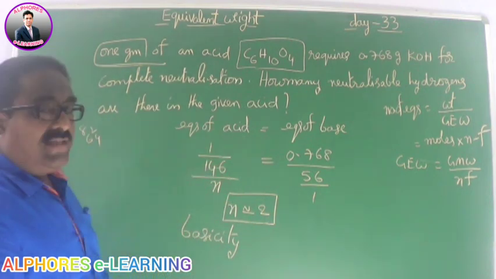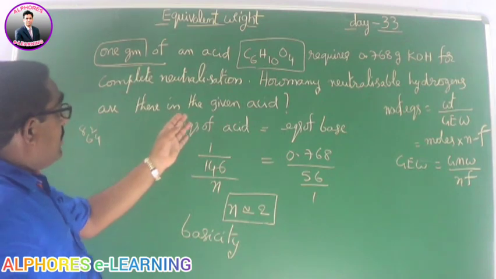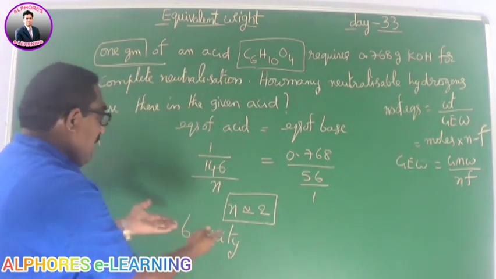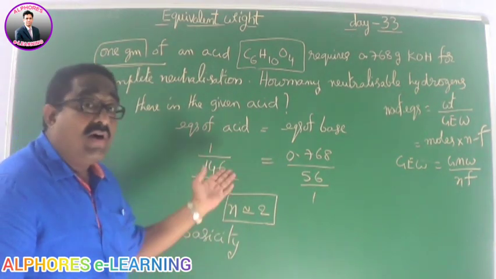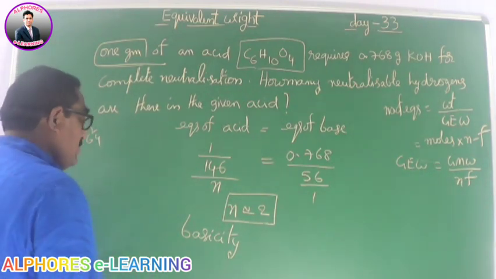It is also called the basicity of the given acid. So the given acid is a dibasic acid. Instead of asking like this, you can ask the question like this: what is the basicity of the acid? The same answer can be asked as an integer question in the advanced paper. Please note down this, students. I will go for the next numerical.